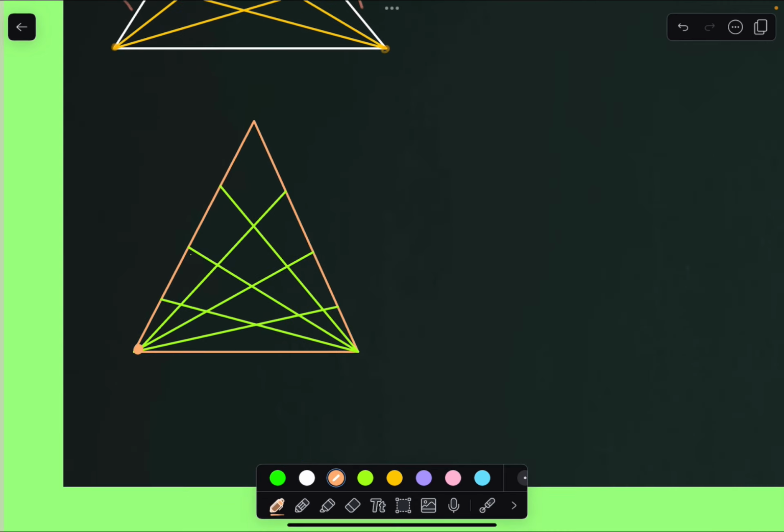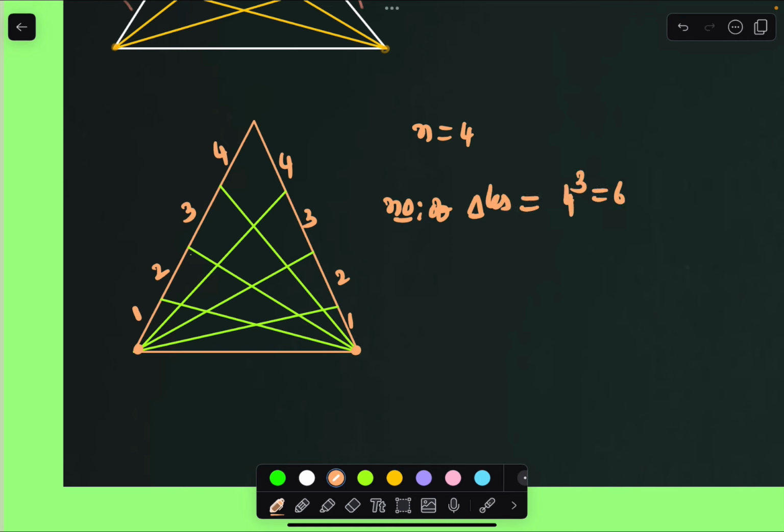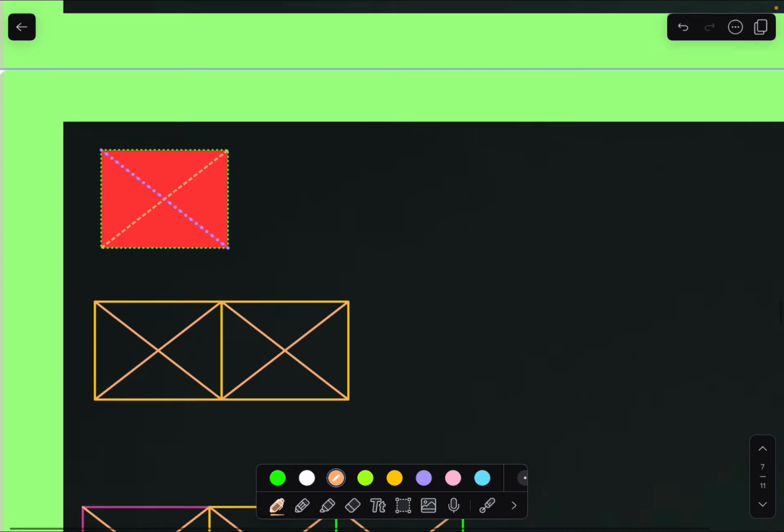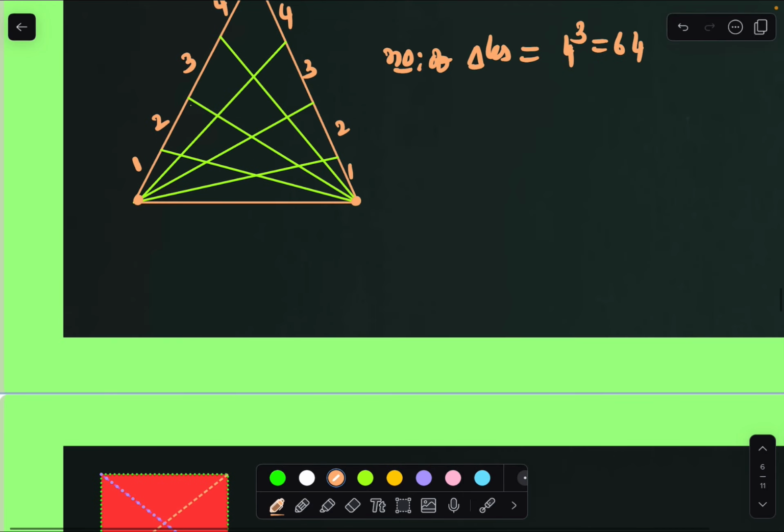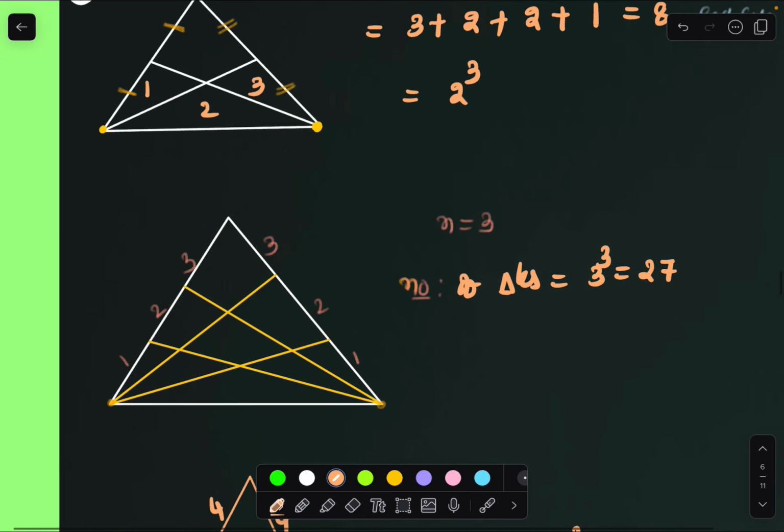And similarly here also, from two vertices we are drawing the slanting line. From each side, the base got divided into how many parts? We can check it here. The base got divided into 4 parts. So n equals 4 here. And the number of triangles equals 4 cube only, we'll get 64 triangles in total, right? So we can try it in this way. Clear? So we can try it in this particular format. Now see the next one, I think it is clear for you, right?